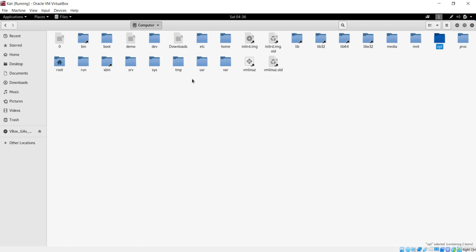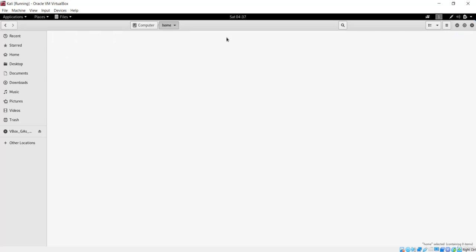The next one here is home. The home directory has the personal data created when you make an account. Like we have here root. Root is basically the sudo, the default username. If we make any other username beyond root, then it will be inside this home.